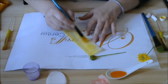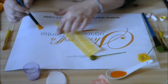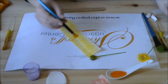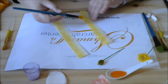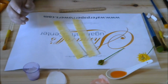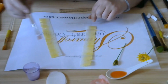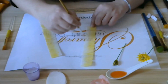First you can dust after you make cuts, before you wrap around the center, or you can wrap white paper and dust at the next stage. Okay, just very quickly go with yellow dust on one side and then the other side, just to give much more interest and to make your stamens near to natural. Okay, rough side is down, and I'm going to apply paper glue over the smooth side,